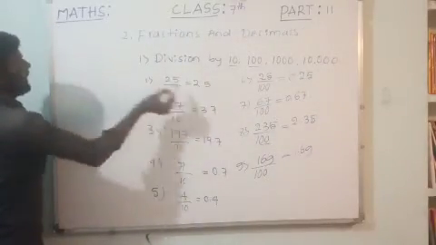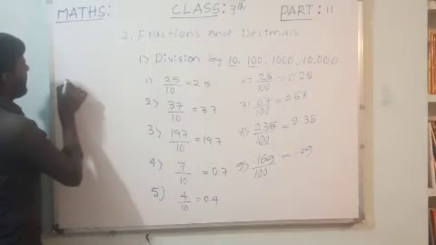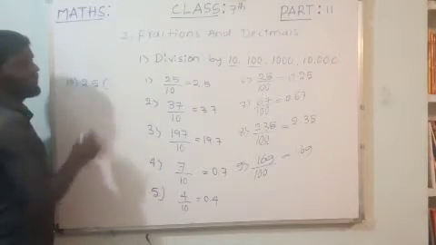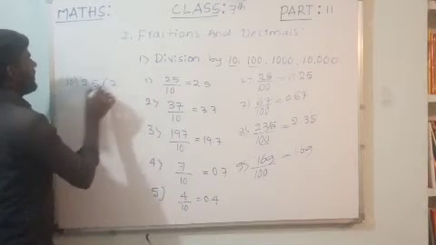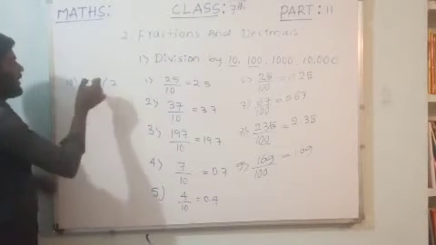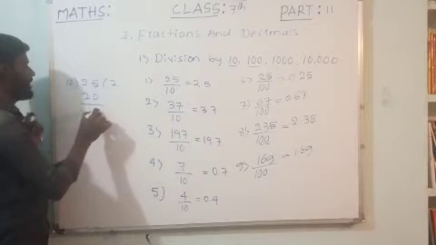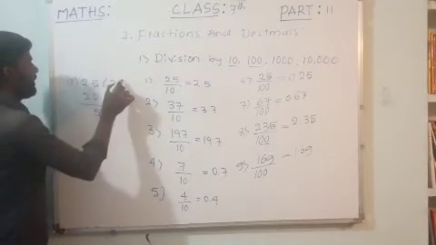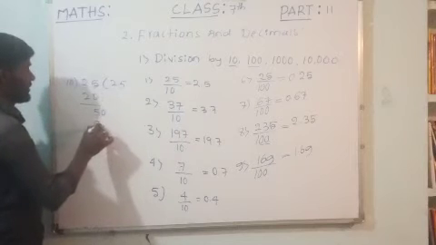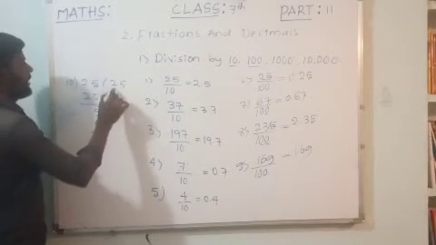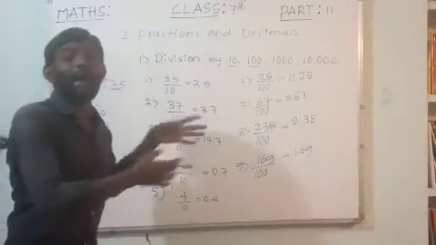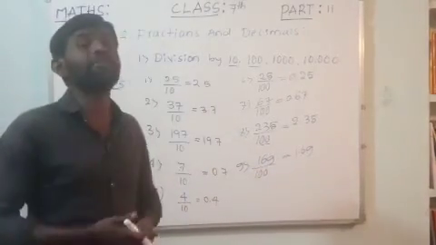See here, 25 by 10. I can write 10 as the divisor and 25 as the dividend. 10 twos are 20. Yes, 25 minus 20 means 5 is left. Give the decimal point, that will be 50. 10 fives are 50. Here how much is the quotient? 2.5. The answer is 2.5. It avoids the long division method.